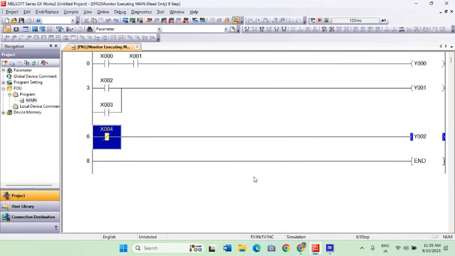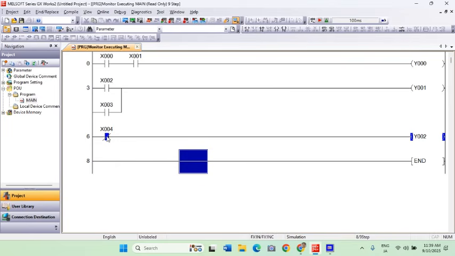So if you notice, we're not yet doing anything, but the output is already energized. Okay, so let's say that we still have a zero signal in this input, but the output is already 1. Now let's try to press this. Let's say this is a push button.